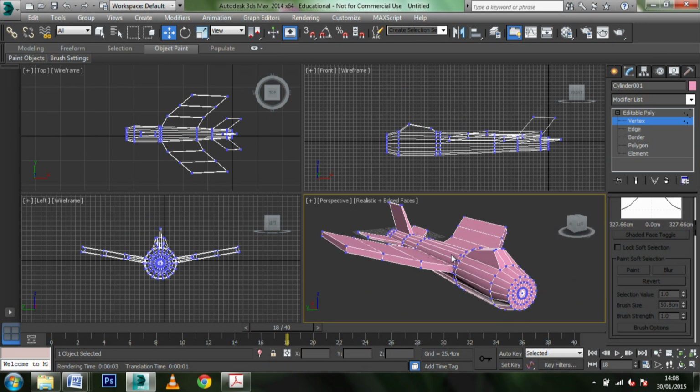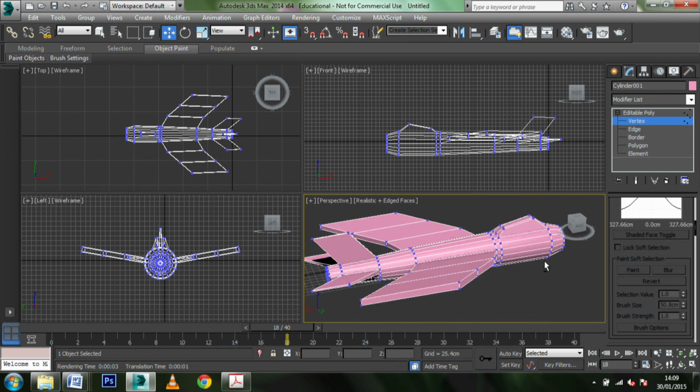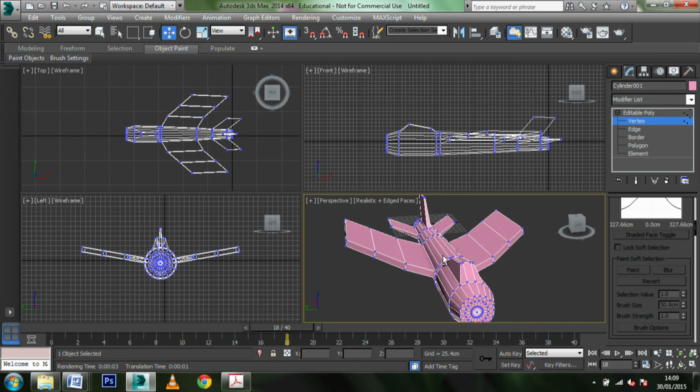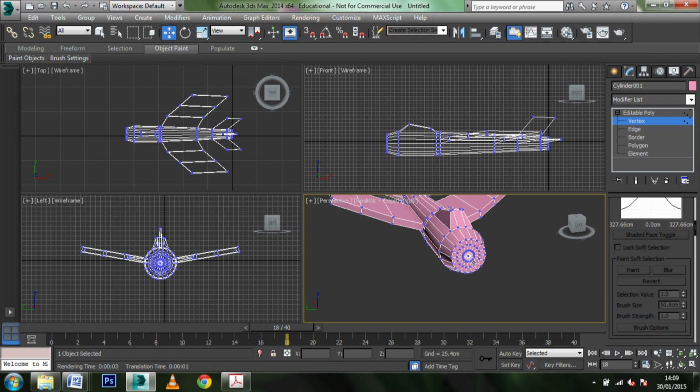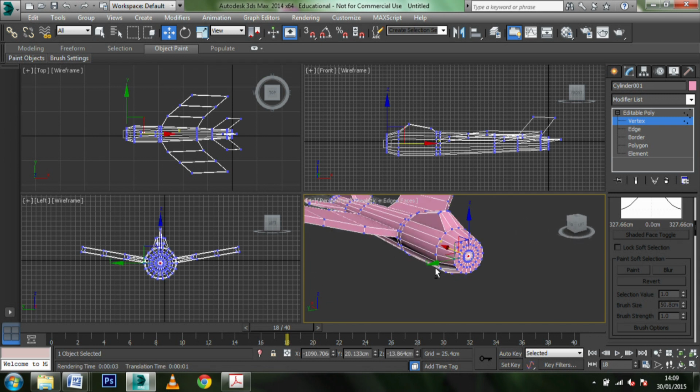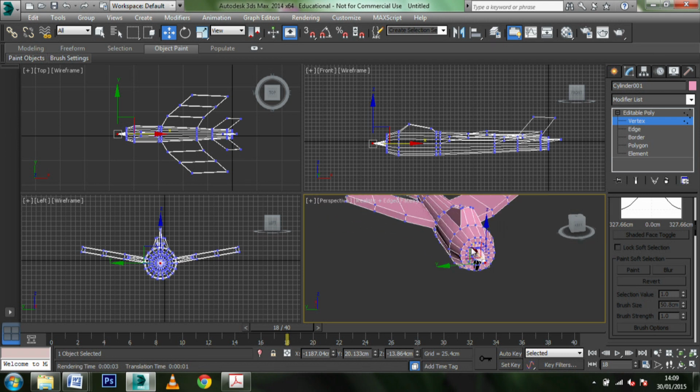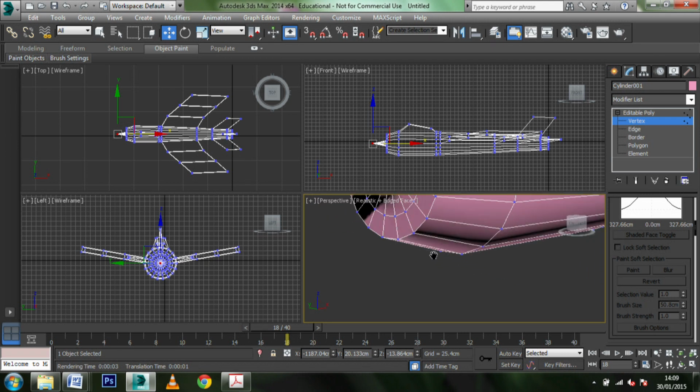And see now we've got the vast majority of the plane already modelled. But what we're going to do now is a little bit of work on creating ourselves a jet engine at the front here. So I'm going to select these central vertices, and this is why we created the 3 cap segments at the front here, to give us the ability to manipulate this area. So I'm just going to drag out on the x-axis like that, and that gives us the central rotating